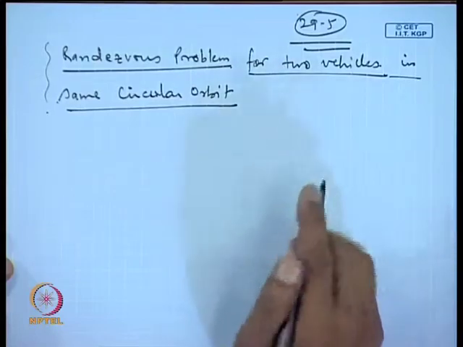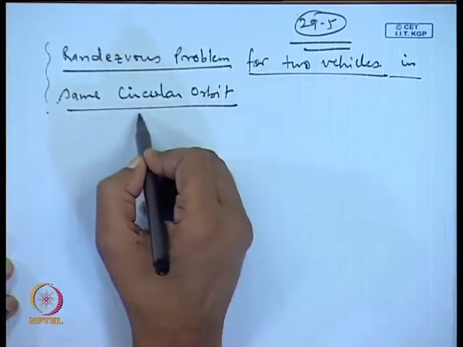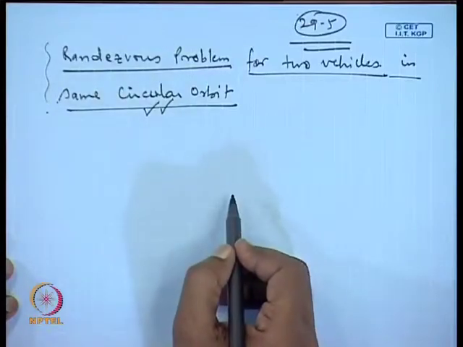So, this is the last but one discussion for the coplanar case. Next we will take the elliptical orbit; right now we are considering the circular orbit, and thereafter we will go for the non coplanar maneuver. So, the non coplanar maneuver will be the last case to be considered. So, here in this case,